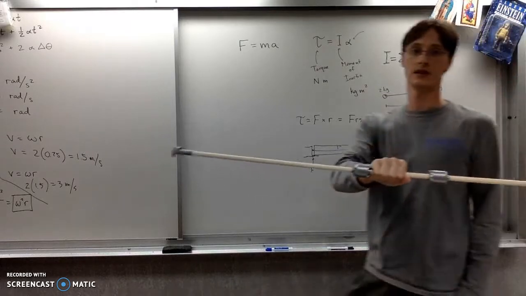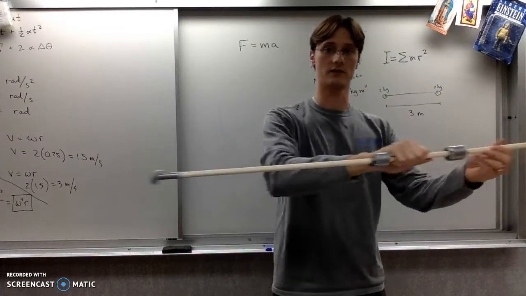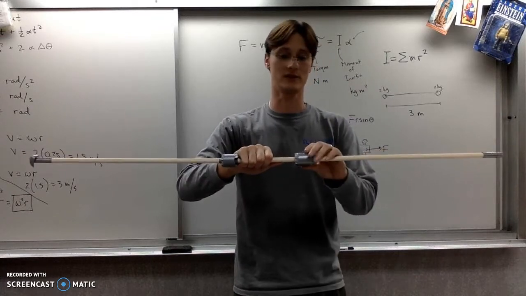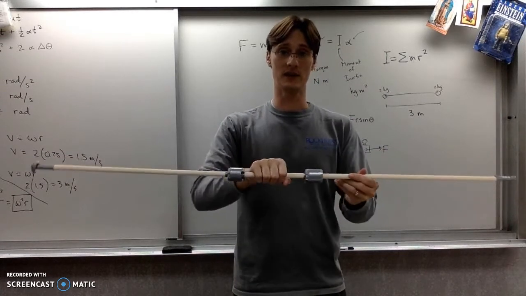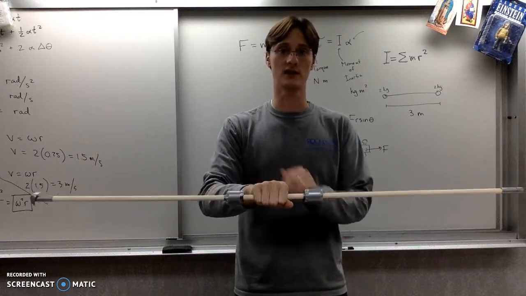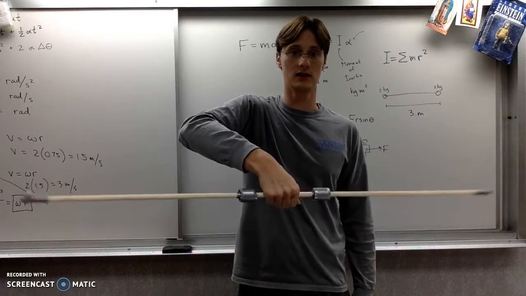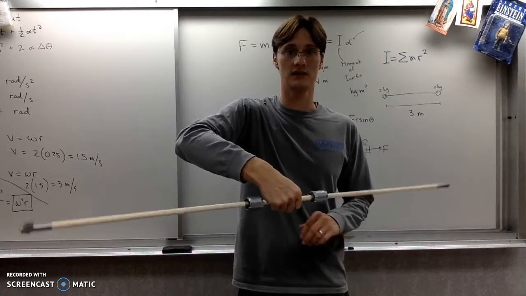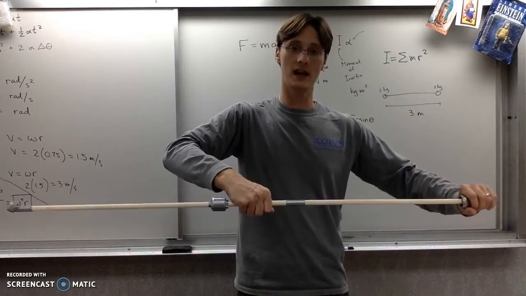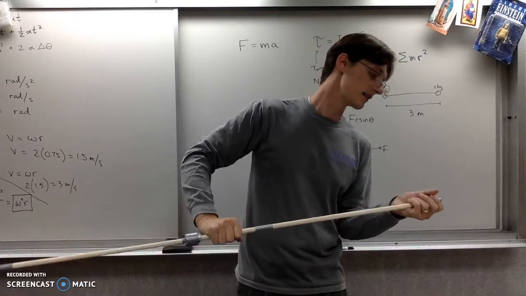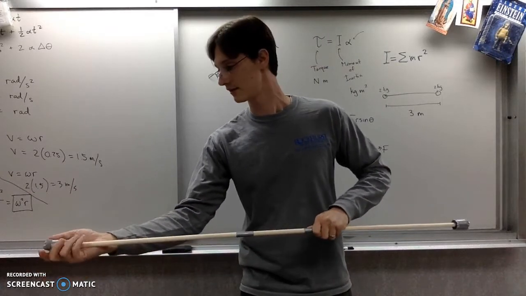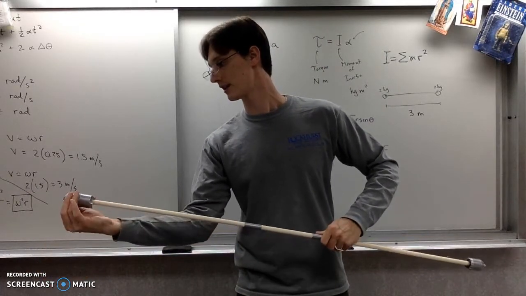All right, so here we have just a wooden dowel. It's 4 feet long. It's so big it doesn't even fit in the, oh, there, no, it does fit in the frame. Okay, and there are a clump of washers at these two positions. So if I have them here, it's like nothing. That's really easy to rotate. But if I move them way far out to the end, and this one also far out to the end, and then I try and rotate them,